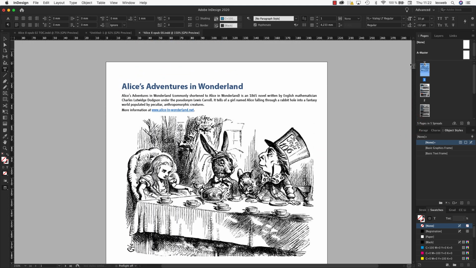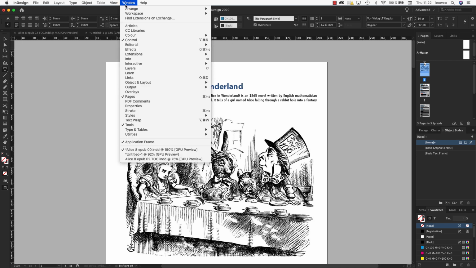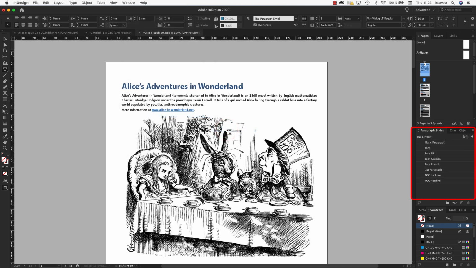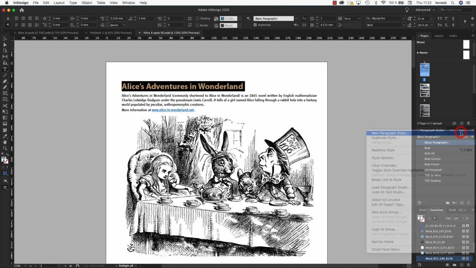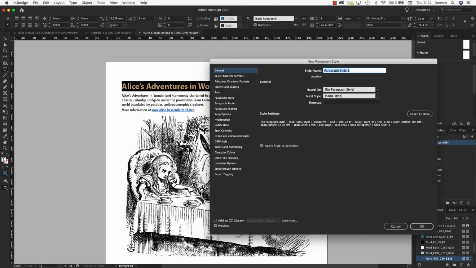First, we bring structure to our document using the headings. We open the Paragraph Styles panel via Window, Styles, Paragraph Styles. All text is associated with a style. This is the first heading, and therefore obviously a Level 1 heading. For a new document, we have the basic paragraph style. For our heading, we create a new style and name it Heading Level 1.